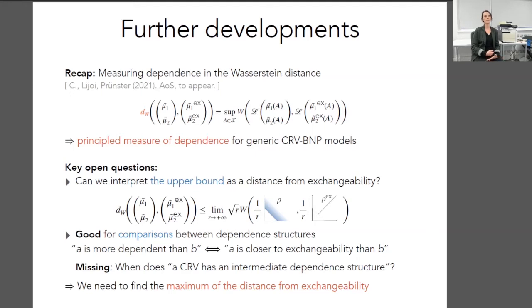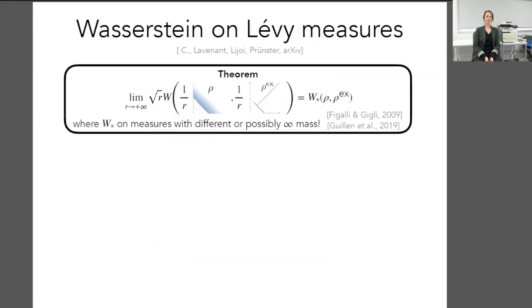So for example, saying, does a completely random vector have an intermediate dependence structure? And this is because we do not know, in principle, what is the maximum possible value of the distance from exchangeability. So these are the two questions that we addressed in this very recent paper with Antonio Igor and also Ugo Lavenon from Bocconi University. And so as for the first question about the upper bound, well, the difficult part in